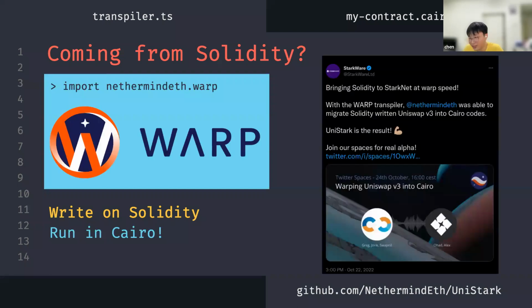As I said, most of you might already be familiar with Solidity. So what if you want to start with Cairo, but it seems like quite a hassle to relearn the language, quite a hassle to start doing this? It might look cool, it might do cool things, but how do I start? Well, a very good piece of news to you might be WAP. It's a transpiler that allows you to transpile your Solidity code, what you currently have, to essentially